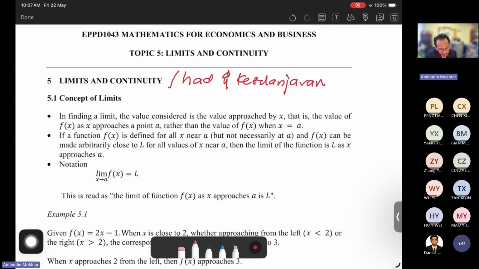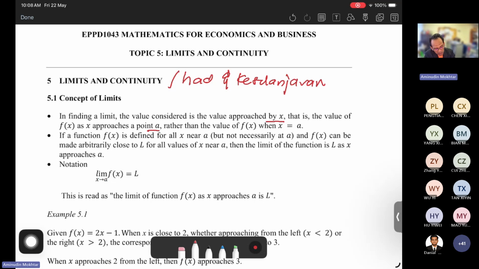Okay. Basically, limit. What is limit? In finding a limit, the value considered is the value approached by x. Limit meaning that we need to know what is the value approached by x. In other words, when x approach a point A, we want to know